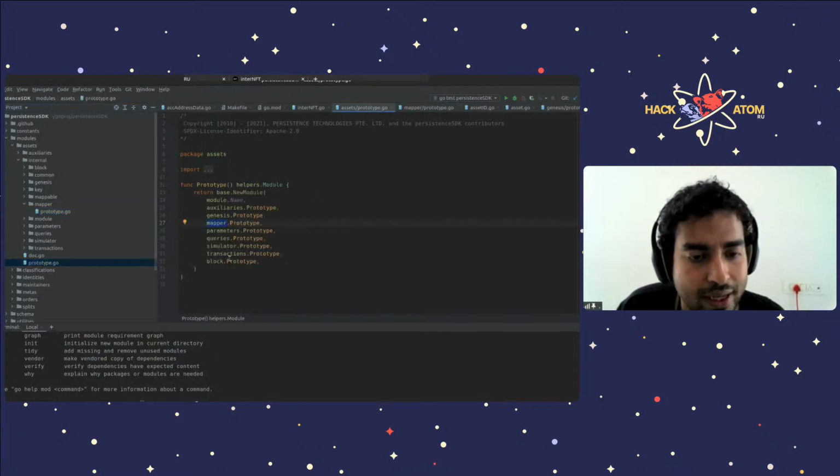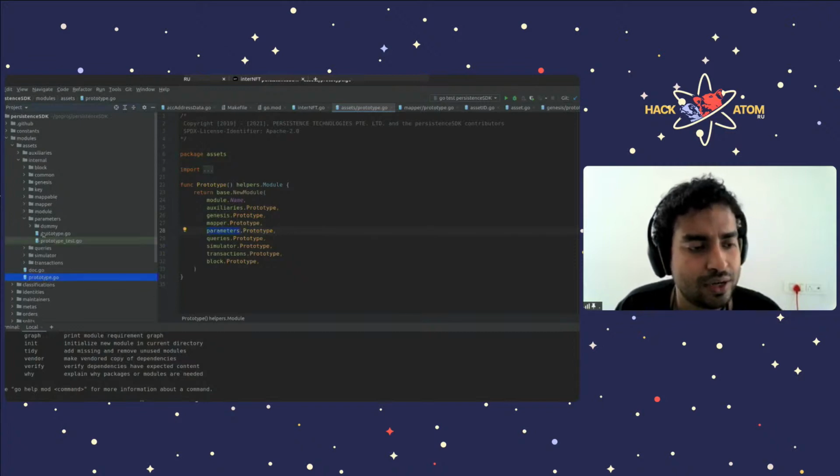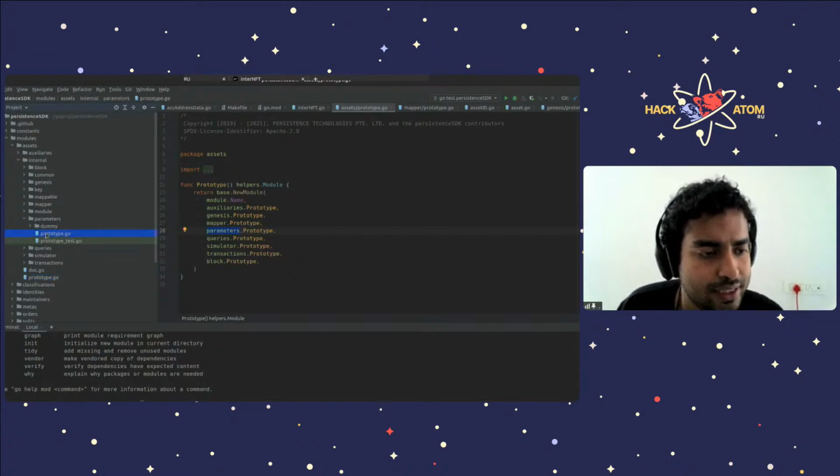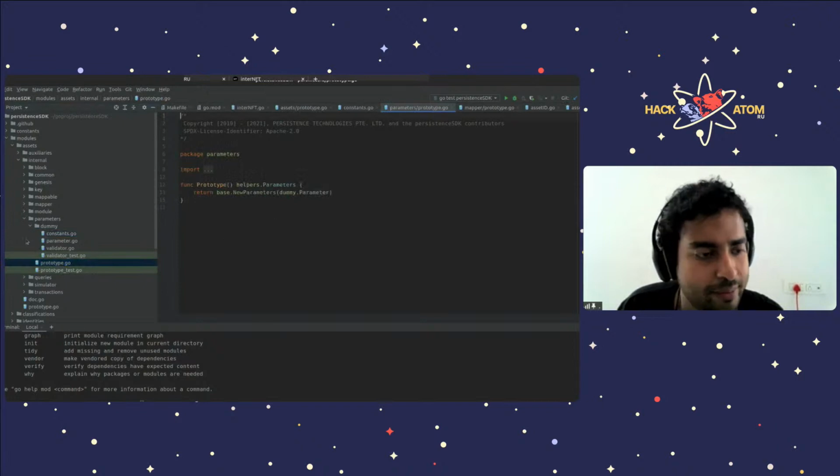Then we have got the parameters prototype, as in all the common parameters that could be changed through governance that this particular module has. For example, in this case, they have a denom parameter, which is having a value of smallest unit. So one has got to create a parameter and then define the parameter set and pass the prototype to the